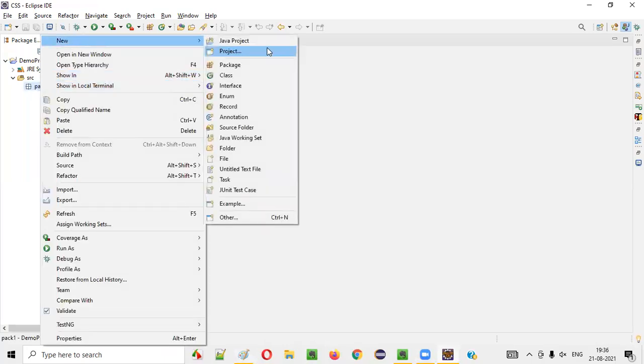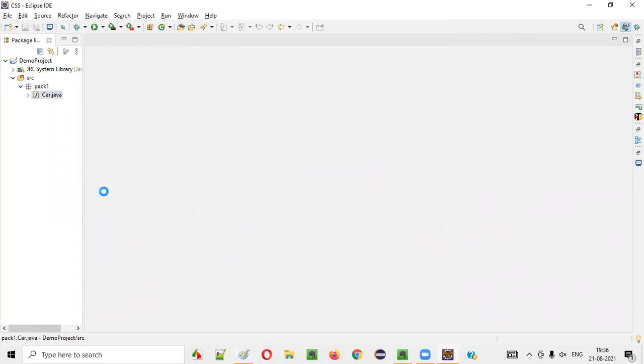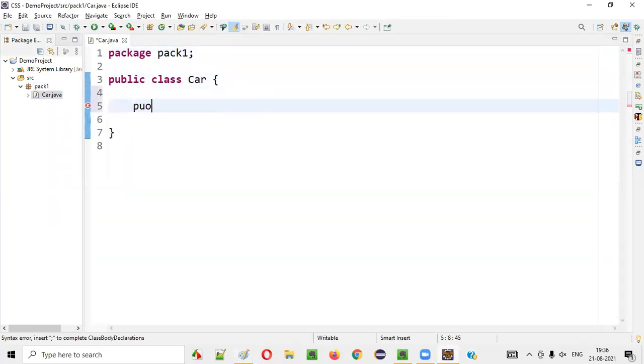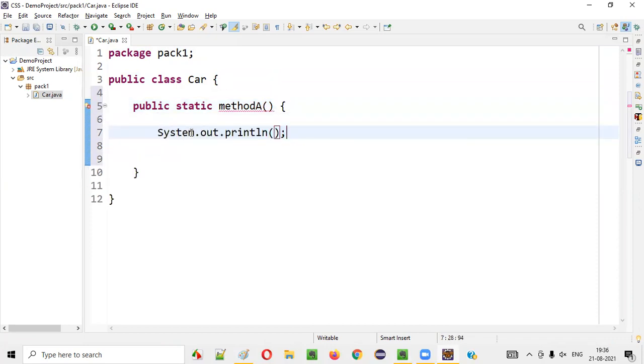I'll create a new class, a car class. Here I'll create a static method, say public static void A, like this. I'll even write a sample print statement stating car started.